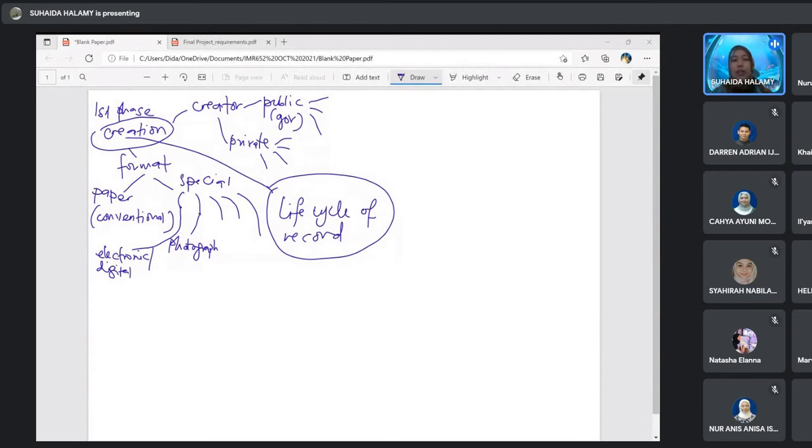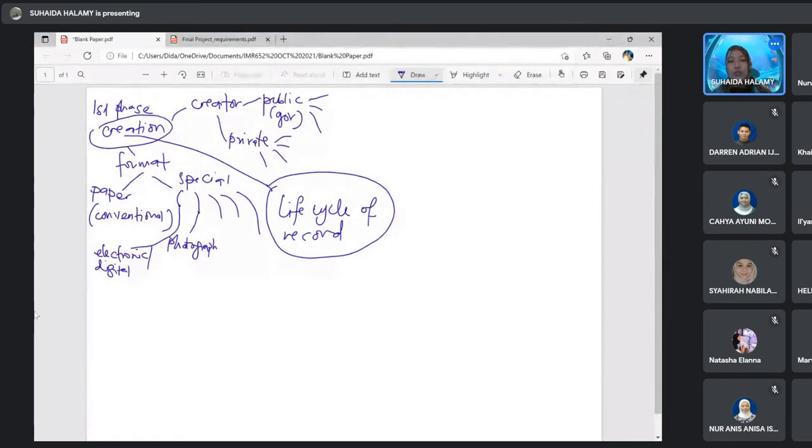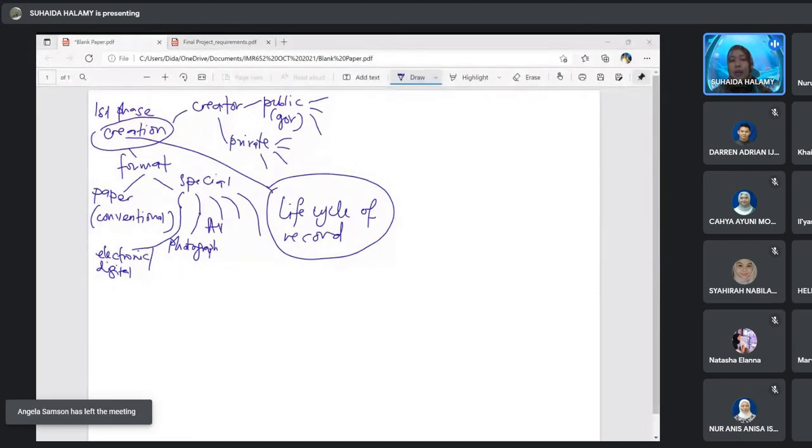Okay, video we categorize under audio visual. AV materials. So, under audio visual, what material is there? We have film. Film here means motion film, the film in the cinema, that kind of film, or the film you use for shooting. And then tape, cassette, videotape. So this one is considered under AV material, audio visual. Alright.